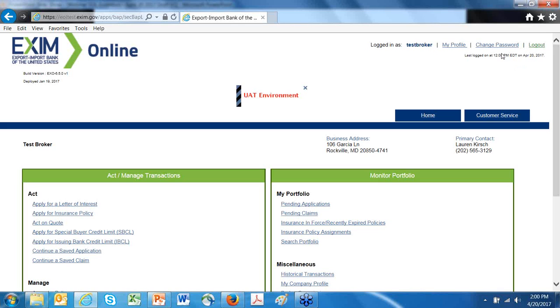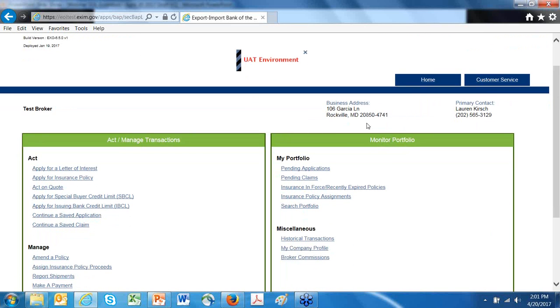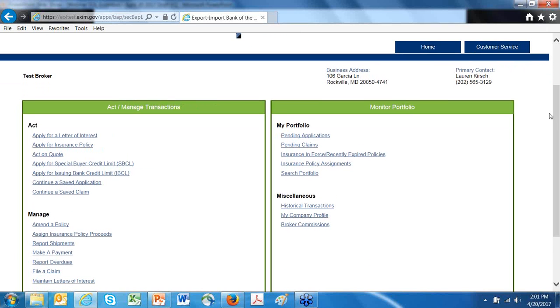There's also a link here where you can change your password if after having logged in you wish to do so, and the experts recommend that you do change passwords from time to time, but that's obviously up to you. You'll also see the name of your brokerage and the primary contact here. And one thing I want to point out, which I think is probably an underutilized feature of Ex-Im Online, is this customer service tab on the upper right-hand screen.